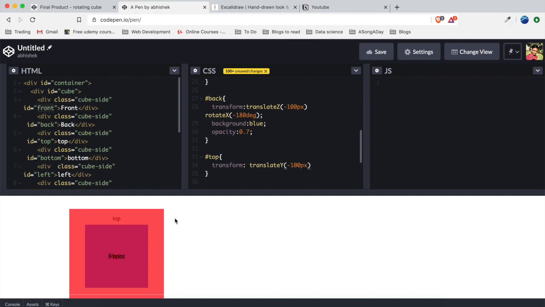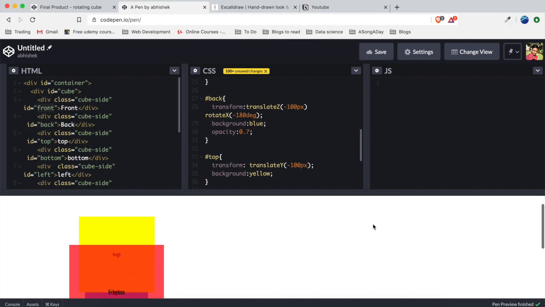Let's also give it a background so that we can understand it better. Background as yellow. Yeah, so now I hope it is clear. The top is moving up here, and then we have to rotate it with respect to this axis, which is called the x-axis.